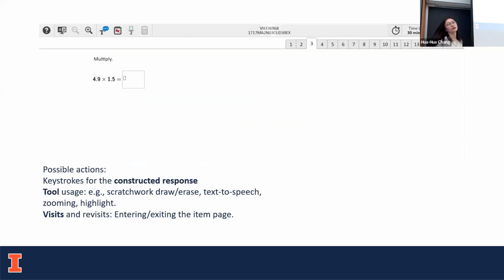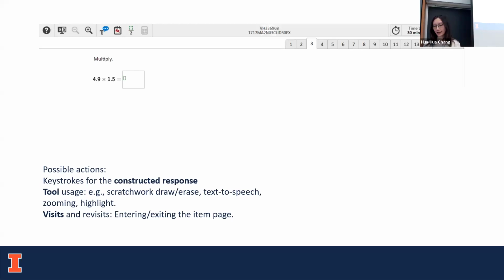So here's the question. As you can see, most questions on this block are actually quite simple in their formats, right? This question asks you to multiply 4.9 and 1.5. And the process data on this question could include the student's keystroke for the constructor response, so what they type into that box, their tool usage, like scratch work or text-to-speech,